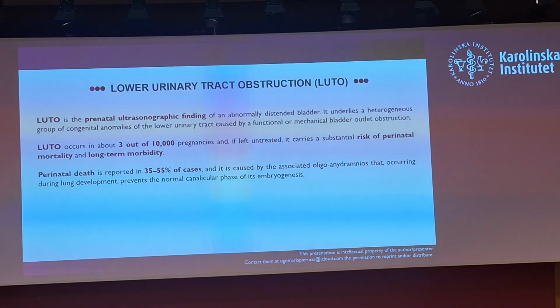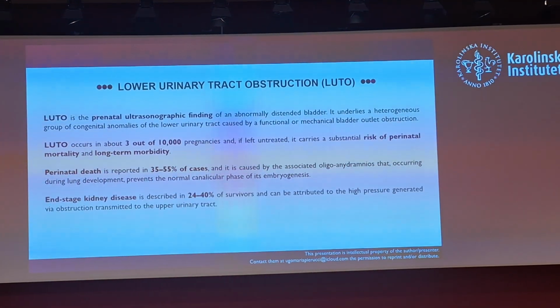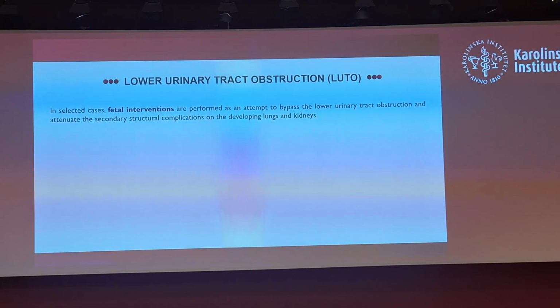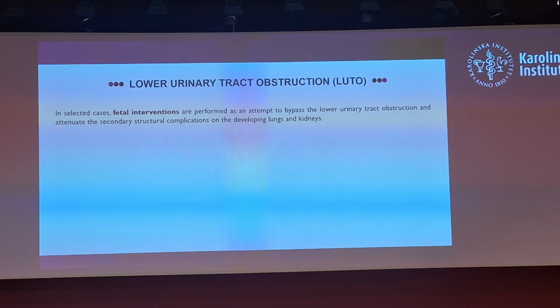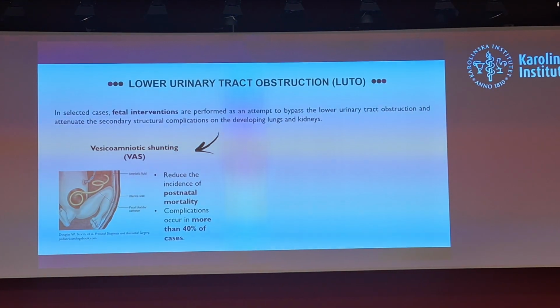In fact, the rate of prenatal death is about 35–55% of cases, and we also notice a high risk of end-stage kidney disease. So, in some selected cases, according to the LUTO guidelines, we can propose a fetal intervention, such as vesicoamniotic shunting, that is the gold standard treatment